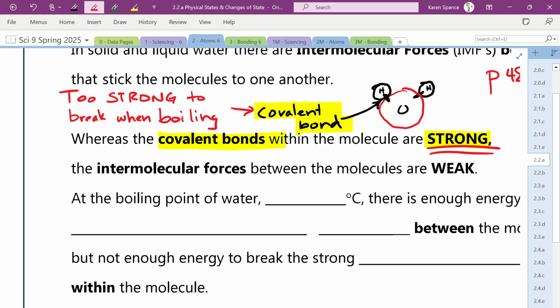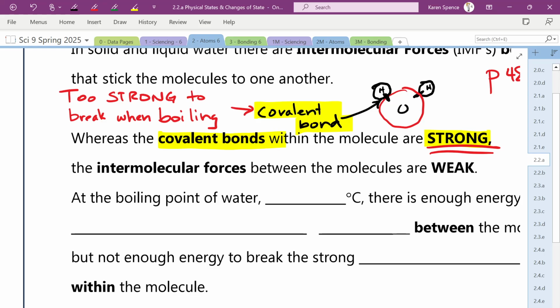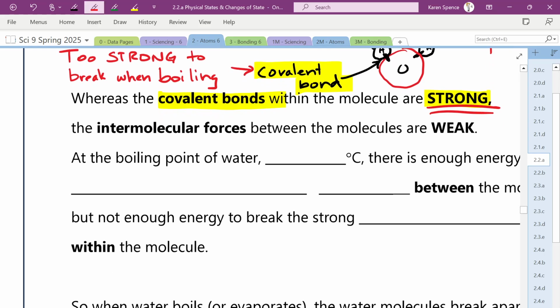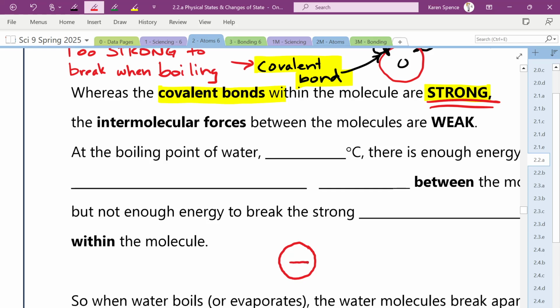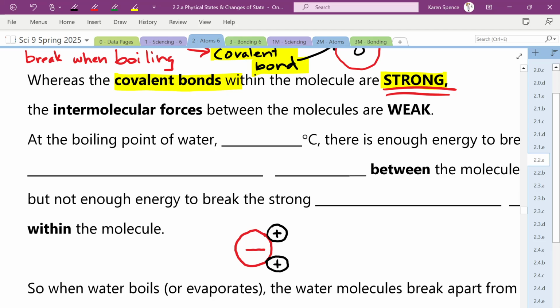However, we have these other forces, these intermolecular forces, and I'm going to draw that down here. If we have a water, I don't know if you remember, but the oxygen part is somewhat negative, and the hydrogens are somewhat positive. So what's going to happen is if you have one water molecule and a second water molecule that line up like this,